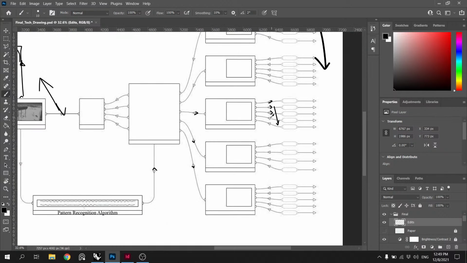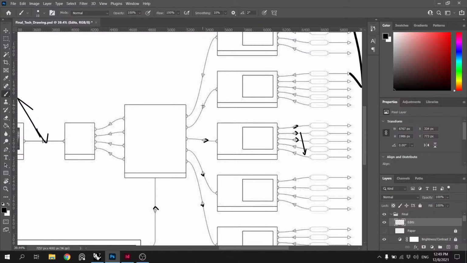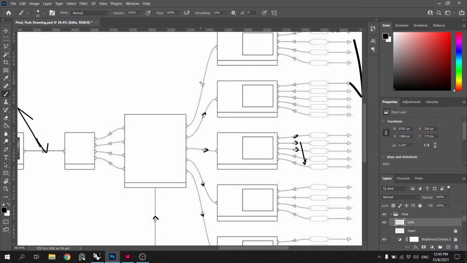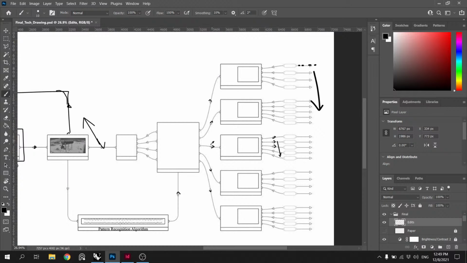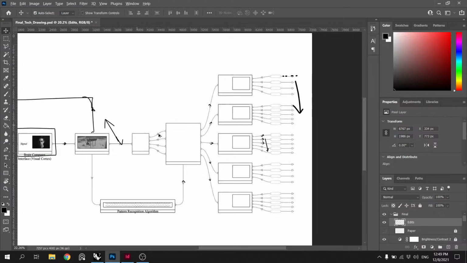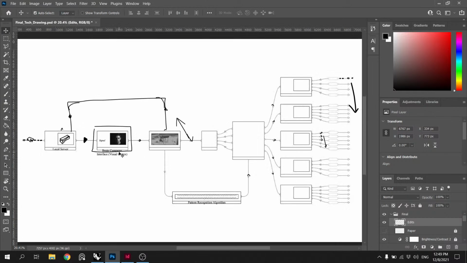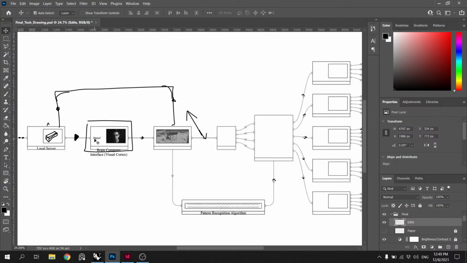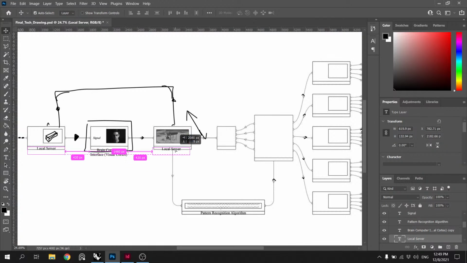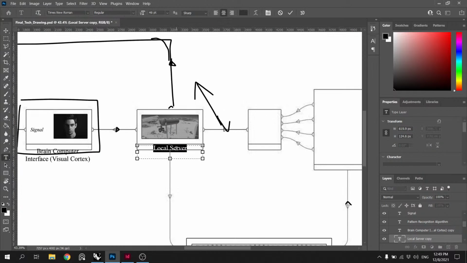So all those are two-way nodes, etc. What will happen here is we'll have signal. Okay, so then one of these comes across to here, and this is called visual imprint, something like that.